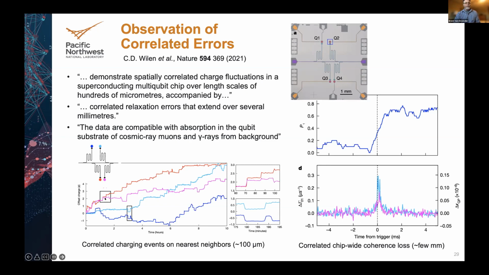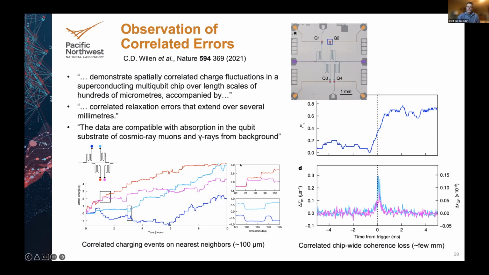In the bottom plots, there is what we call a charging, where the charge state of these qubits is changing, likely due to radiation interactions within about 100 microns of the devices. You make electrons and holes, they can actually get collected on the charge ions of devices. That's a long time scan. All 4 of the devices here are color coded according to this legend in the upper left of the plot. And you can see if you look into those 2 zoomed areas, that the 2 nearest neighbor qubits are often correlated. They charge and discharge together, but you don't see qubits that are kind of across the chip from each other having this correlated charge.